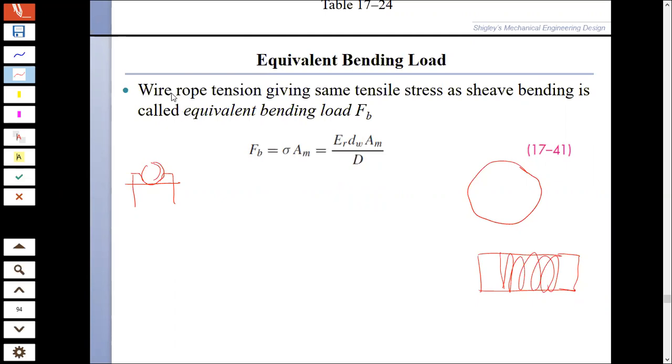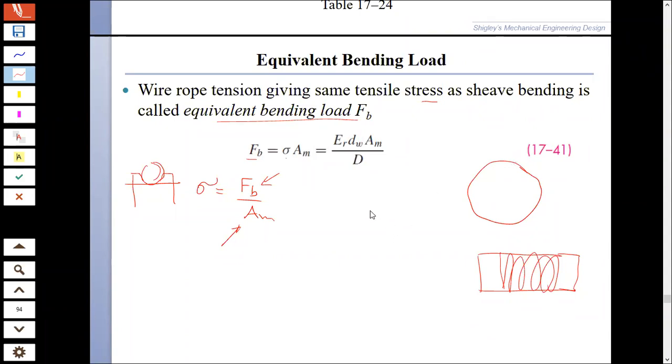तो एनीवेज, अगर आप बेंडिंग में देखें तो वायर रोप्स, टेंशन गिविंग सेम टेंसाइल स्ट्रेस as shoe bending, is called equivalent bending load, हम उसको कहते हैं. और वो इक्विवेलेंट बेंडिंग लोड, that is equal to Fb, basically sigma is equal to Fb over Am. Now if you look over here, what is this Am? ये Am क्या होगा? ये बेंडिंग फोर्स, इक्विवेलेंट बेंडिंग लोड हम कह रहे हैं, लेकिन ये Am is different from